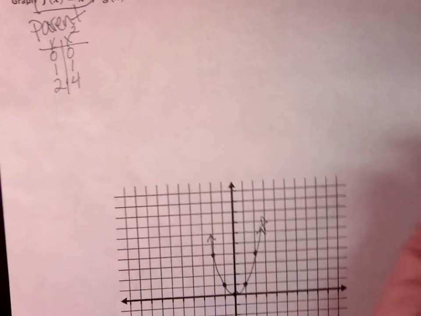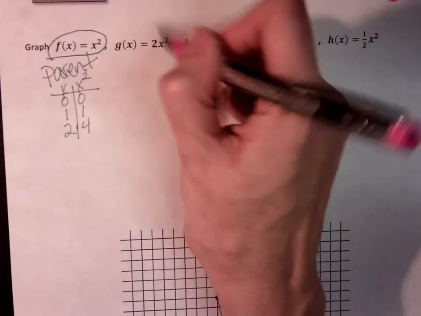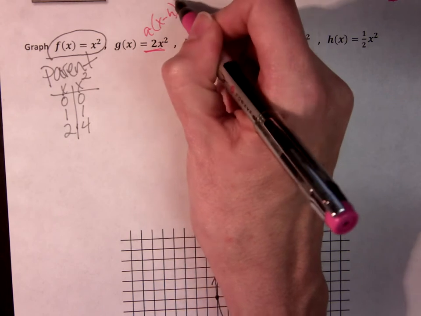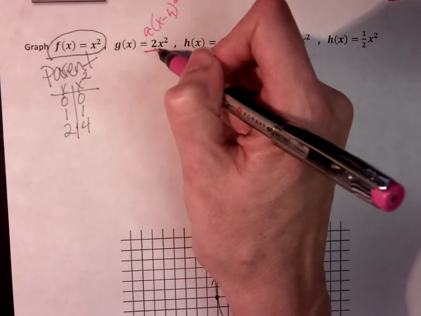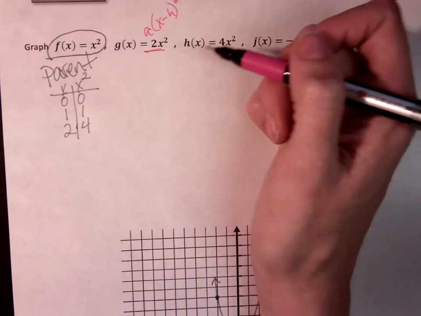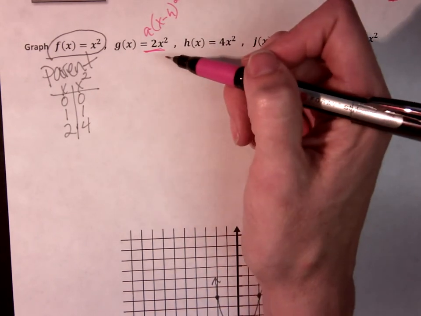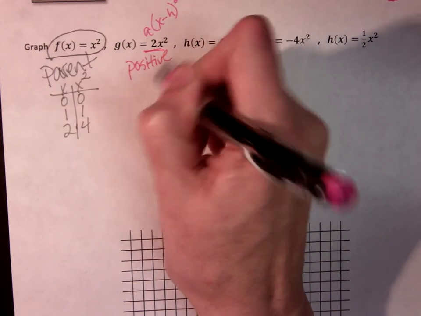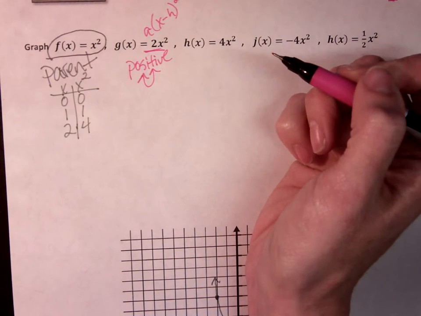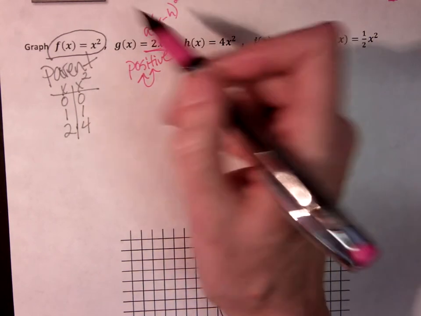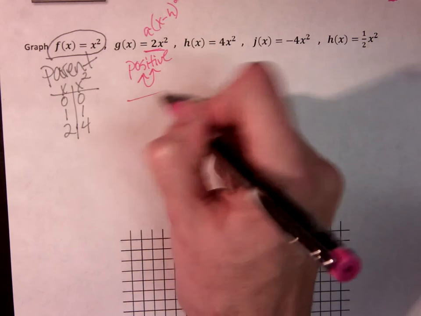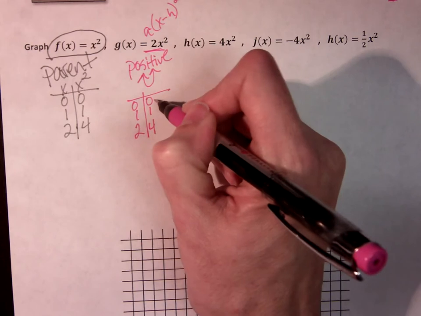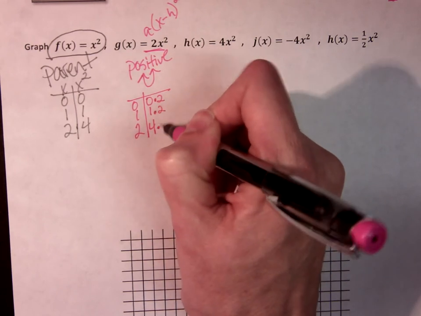Okay. Now we've already addressed this when we were graphing in vertex form, right? That's the same a that was outside parentheses as is here. It's just I've got a 0 in parentheses. And we want to focus on what this is going to do so we have an idea of what's going on. It's still positive, so it still opens up. But we need to figure out how it compares back to x squared. So when we make our table 0, 0, 1, 1, 2, 4, now we're going to multiply by that a value